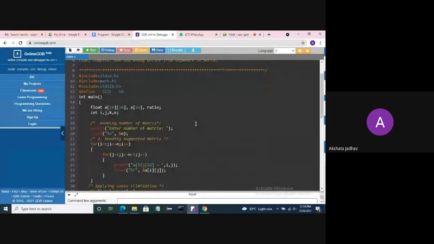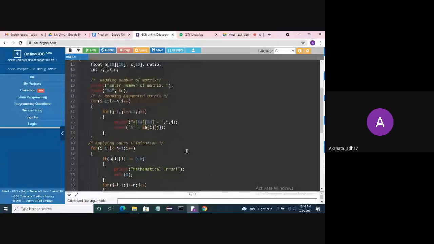Here the program is already written, I will run it. The program started before the session.